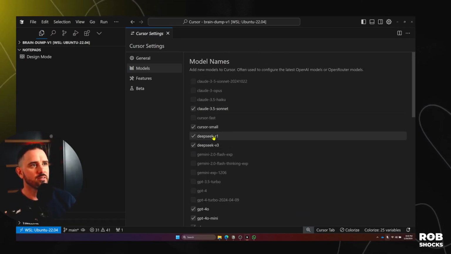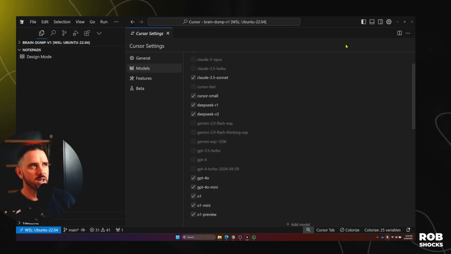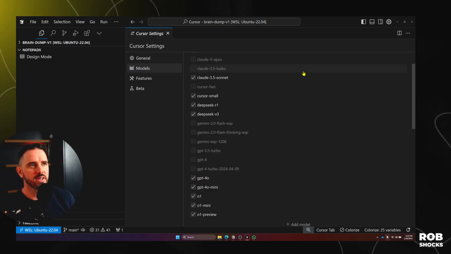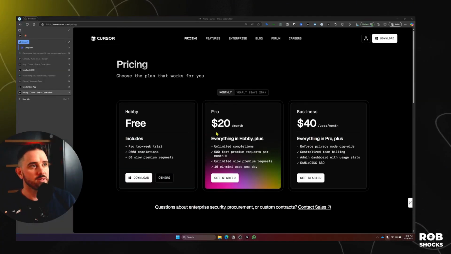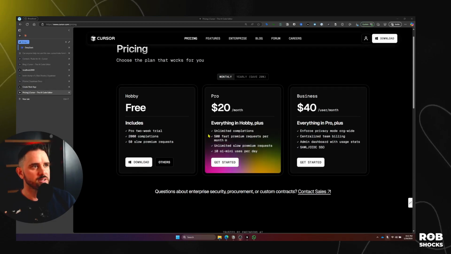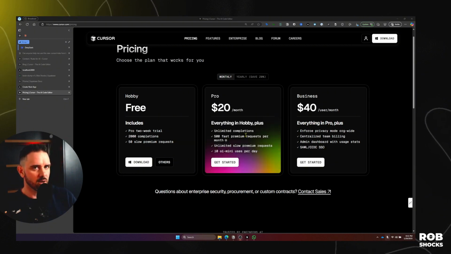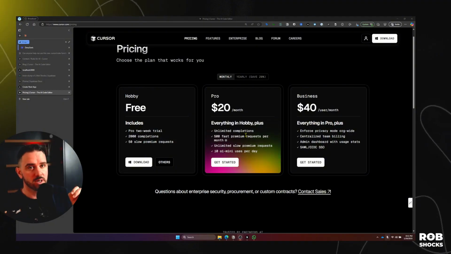And then you have DeepSeek R1, which is more equivalent to the o1 range. It's got a chain of thought. It'll actually show you as it thinks through things. And I think it's priced at a higher level. I'm on the $20 a month plan. It's going to give you 500 fast premium requests. So basically a premium request is any model that's like Claude or 4.0, and I think now it also includes